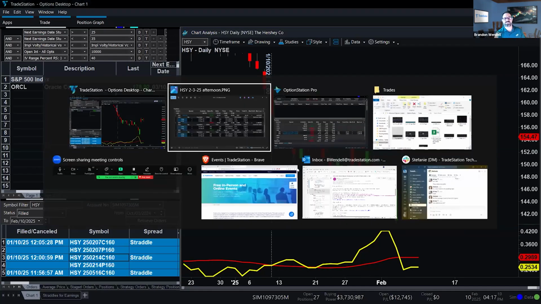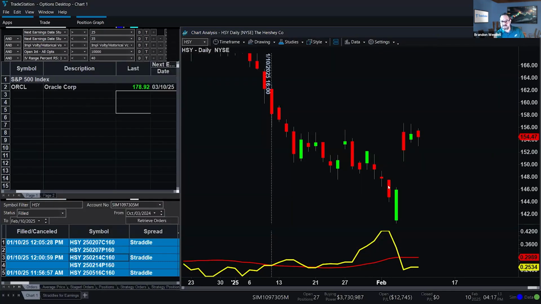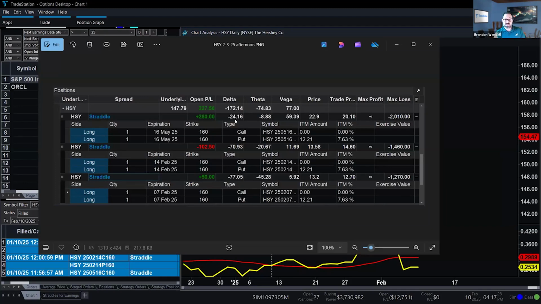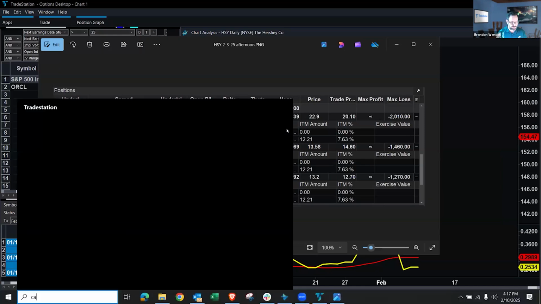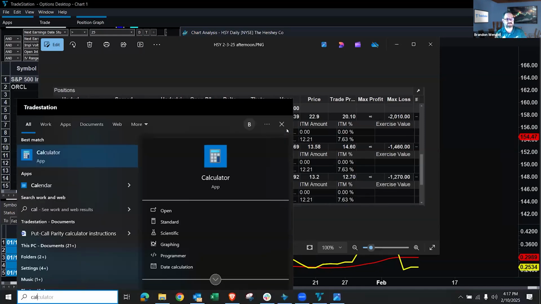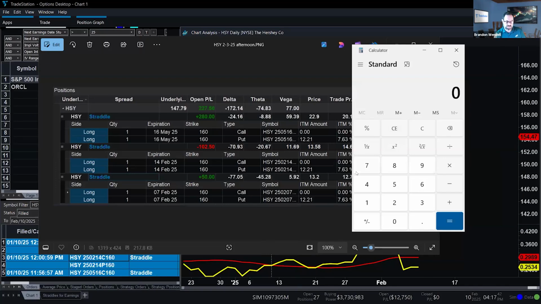So you lost 18 points of volatility while you only lost about 6 points in price. Delta 24, Vega 59, right? So if I do this calculation, bring up a calculator here for us. So again, we dropped in value $6 times 24.16. That's 144.96 in loss from the dropping in price.